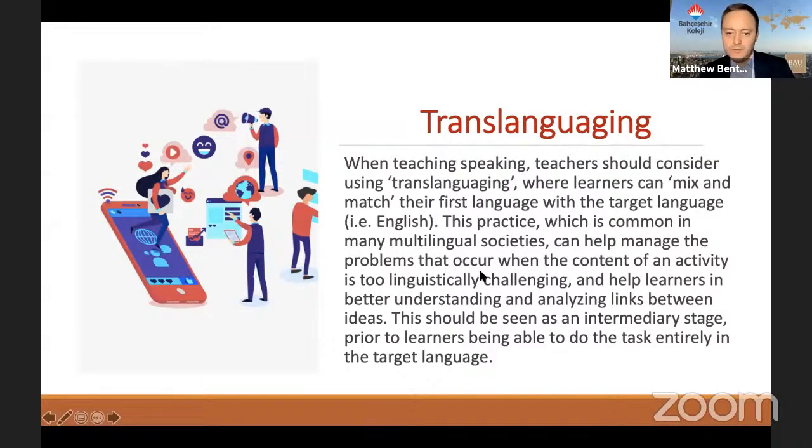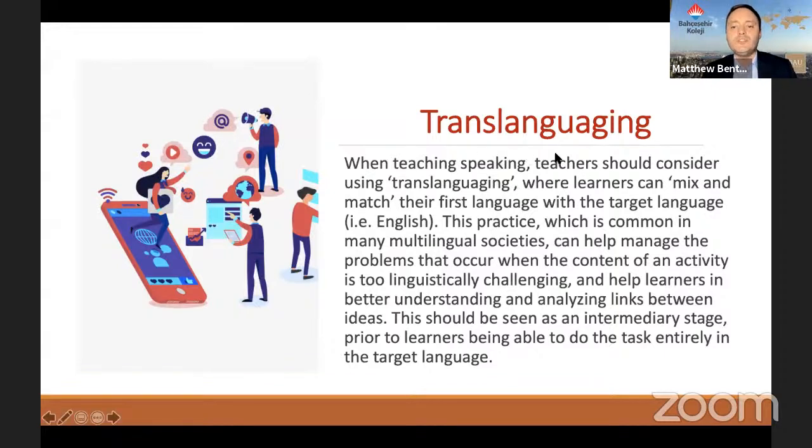And if you scroll down just a little bit here, it helps manage the problems that occur when the content of an activity is too linguistically challenging. The reason I'm saying this is for some of the activities tonight, indeed, in a lot of the activities that we're going to do in the life skills lessons, the same rules that apply in the English classroom are not always found here because our goal, first and foremost, is to get students thinking and, of course, practicing those life skills areas. If you're finding that linguistically, their second language, English, is a challenge to being able to accomplish those